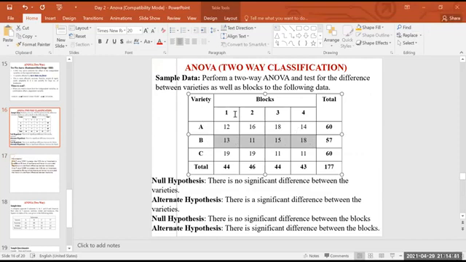But for the blocks you will not give 1, 1, 1, 1. You will give 1, 2, 3, 4 because you are entering the data horizontally. Suppose you are entering the data vertically. Then in the variety column you should give 1, 2, 3, 1, 2, 3, 1, 2, 3. In the blocks column, you should give 1, 1, 1, 2, 2, 2, 3, 3, 3, 4, 4, 4. That is what I told.